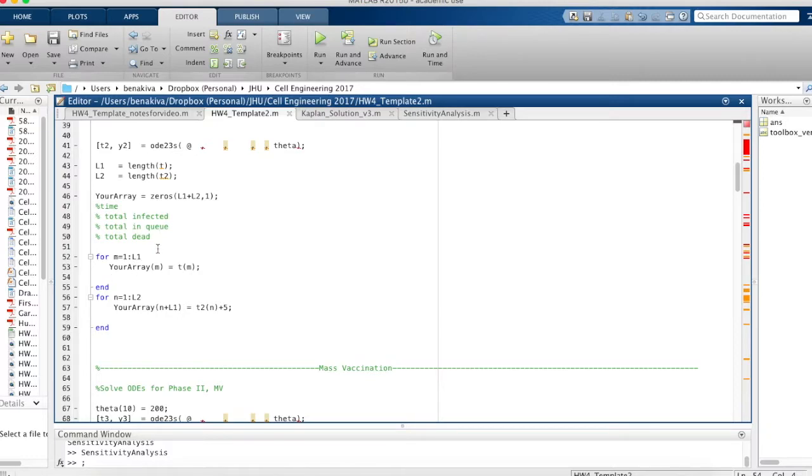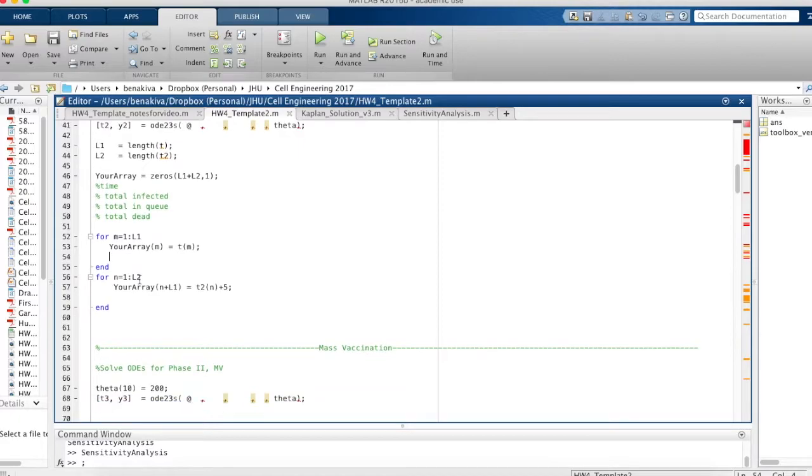And then for your total in the queue, there's no one in the queue for phase 1, so you don't need to add anything. That will just be 0 for all of the phase 1 time points. And then similarly, you're going to add the value for total dead. And then you're going to do the same exact thing for phase 2. And then at the end, you should have 4 arrays that correspond to the time points, the total number of infected, and the total in the queue and total dead for each of those time points for trace vaccination. And then this is going to be helpful for